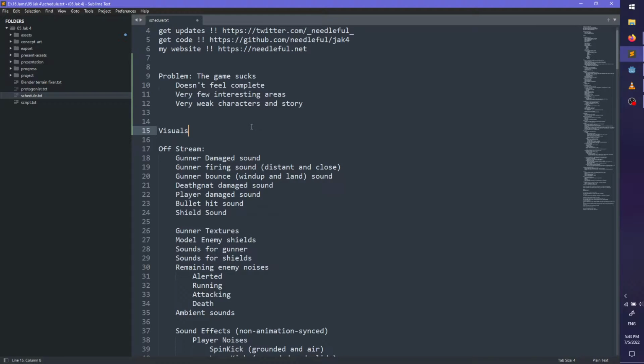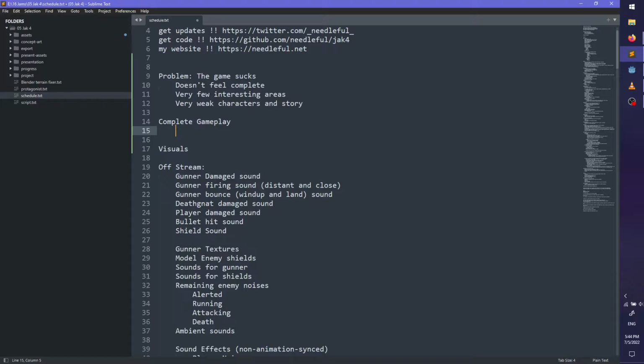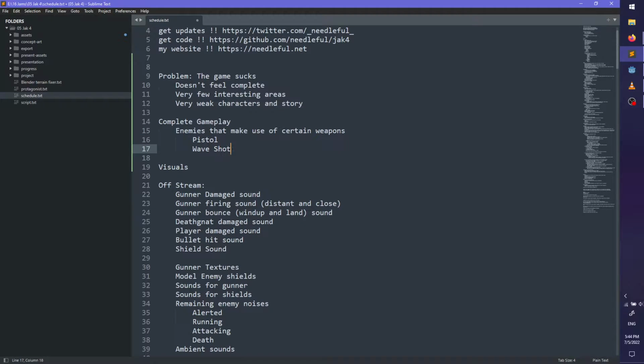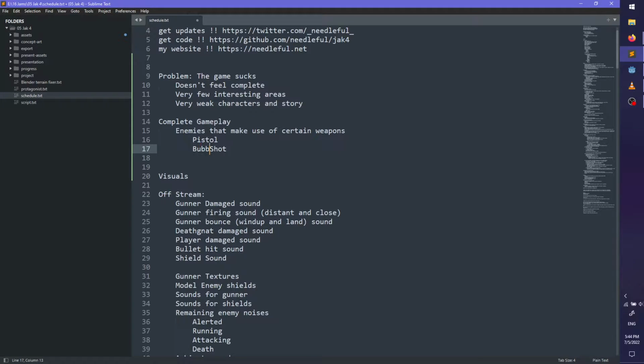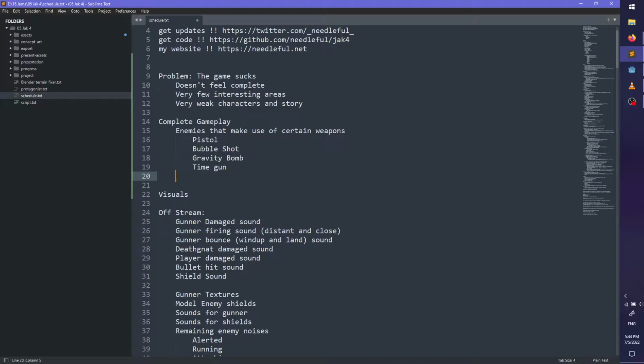So, I want completed gameplay, so we need all of the things that will encompass the entirety of gameplay. So I think... That's a bubble shot. And then gravity gun. I guess gravity bomb, and then... That's just the working name, time gun. So we have enemies that are pretty much... Well, pretty much every enemy is vulnerable to the pistol. This, let's say...